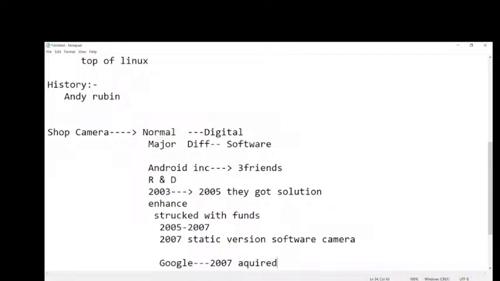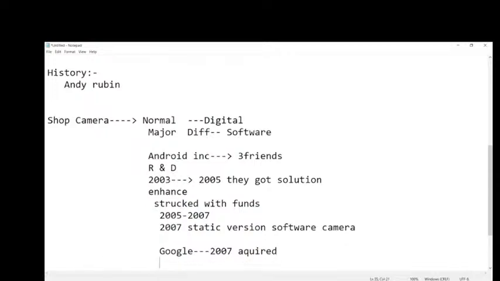Google released some funds to do the R&D for the features perspective. But what is their goal, that feature? They thought, why can't this R&D stop for the cameras? Why can't we implement this for the mobiles? That is their intention, because in those days, every mobile was a very basic mobile.